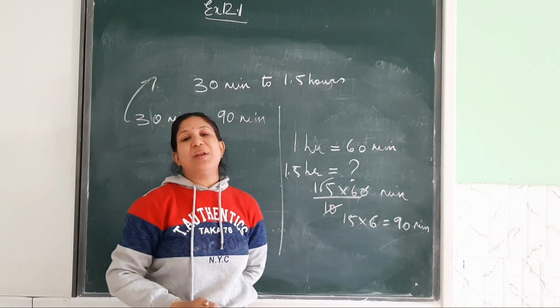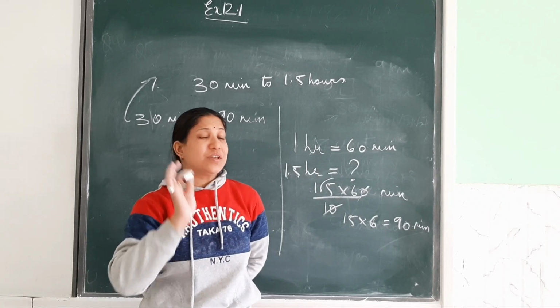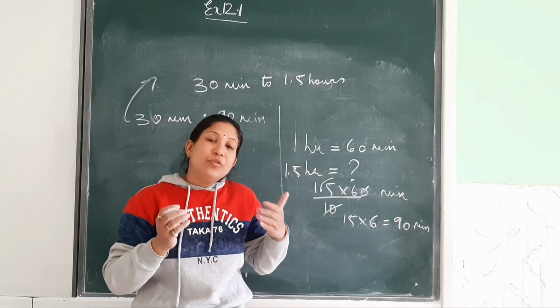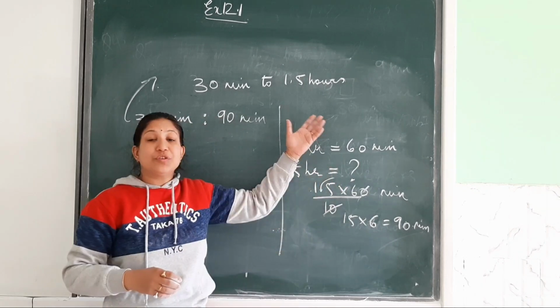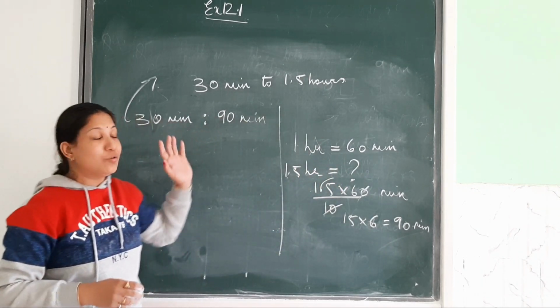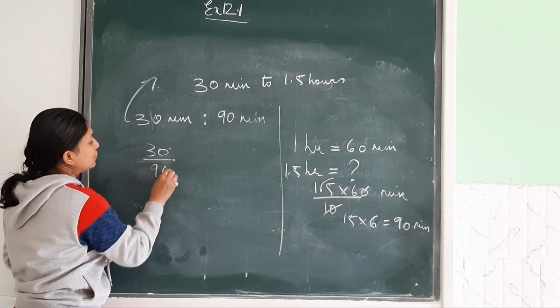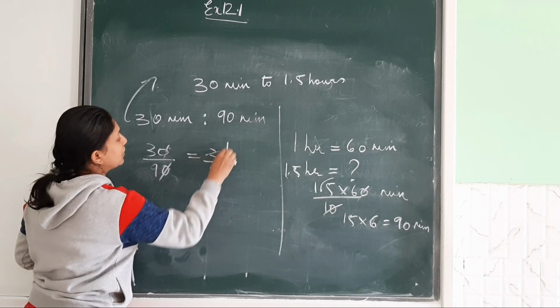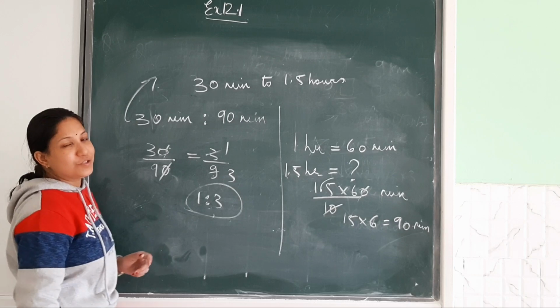Only this trick they are playing with you. 6th and 7th questions are the same. This is the only trick. In the next question you will see units are different. You bring the units the same, convert it, and then it will become your 6th question. Okay. So see here, just start. 30 is to 90. Cancel this. You now have 3 is to 9. 3 1s are 3, 3 3s are 9. So what is the ratio? The ratio is 1 is to 3.